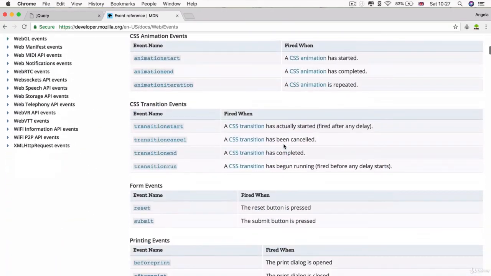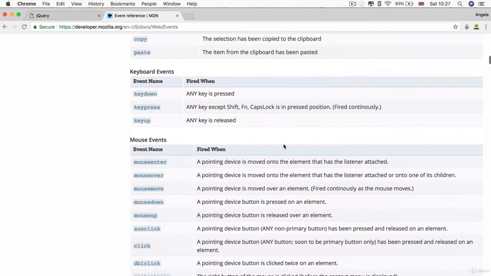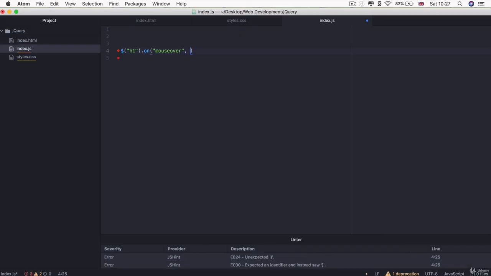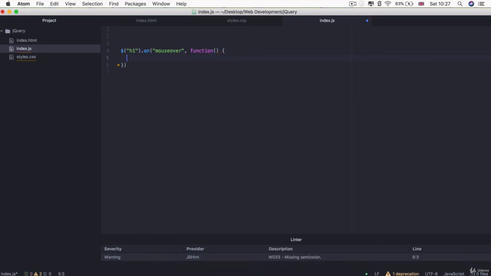So for example, let's look for something like mouseover. So we can select our H1 and we're going to detect for mouseover events. And when it does happen, then this is the second parameter, which is going to be the callback function. And when we do detect a mouseover event on our H1, then we'll change our H1's color